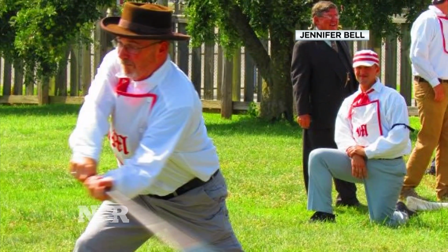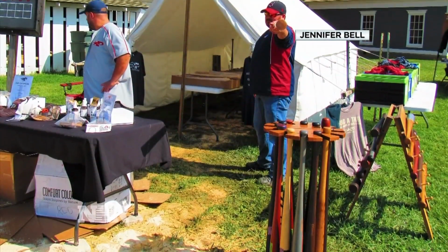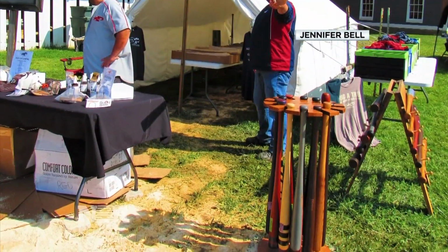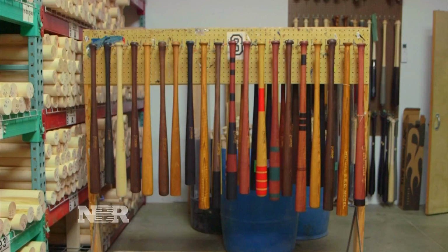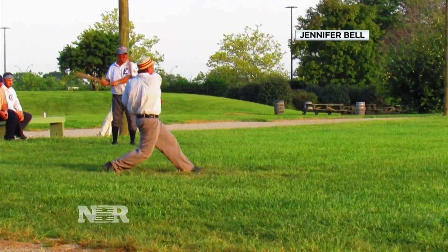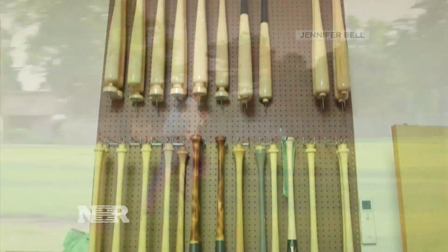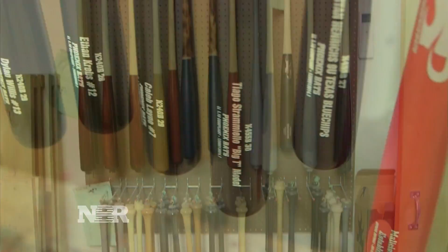His teammates were impressed. Guys started going, hey, can you make me one? I want my own. Okay. And it just kind of grew somewhat organically. Other vintage teams began buying Trudeau's bats, and Phoenix Bats, named for bringing back the vintage bat, became his full-time job. The buzz reached minor league pros in the Columbus area, so he made them modern bats,